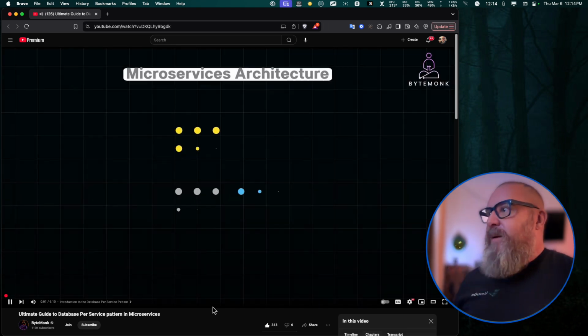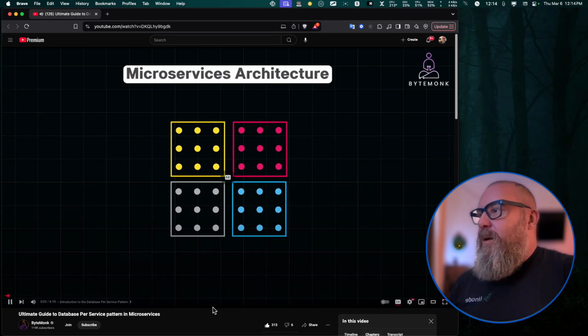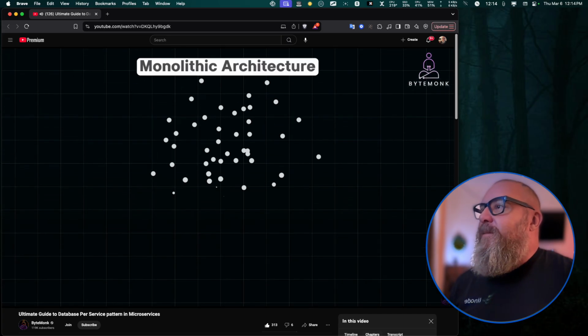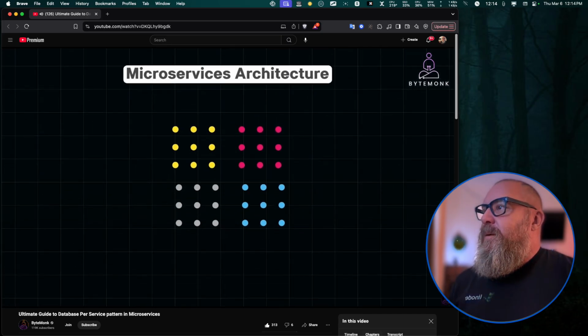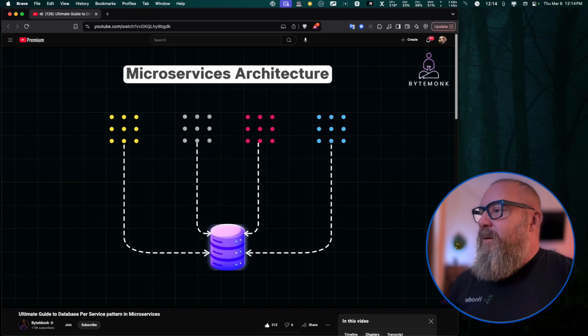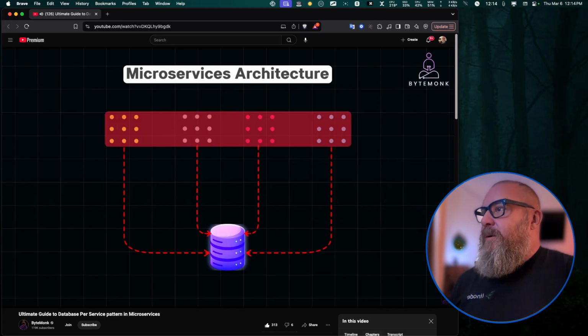In a microservices architecture, each service is designed to be small, independent, and loosely coupled. But unlike monolithic applications where all components share a single database, in microservices, you don't want different services to share the same database, because it creates tight coupling, which can lead to